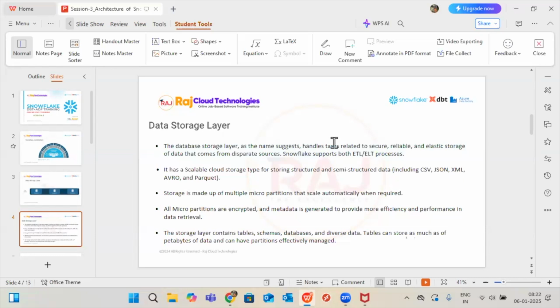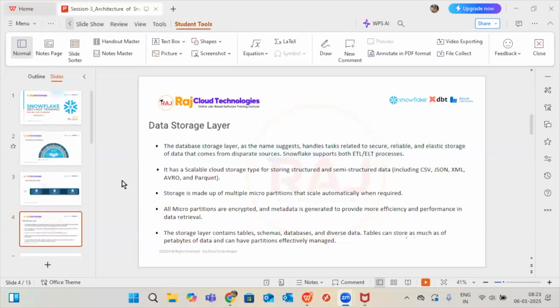Getting my point? So do we have to create micro partitions? No, you no need to create them, guys. By default, whenever you load the data, Snowflake itself will understand the size of the data and do the process. You no need to do anything. Generally in big data technologies, we have to manage the micro partitions, but here we no need to do anything. Just load the data and, based on your file size,